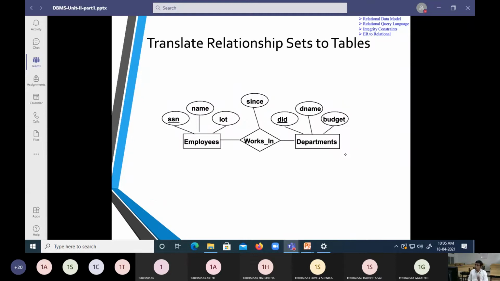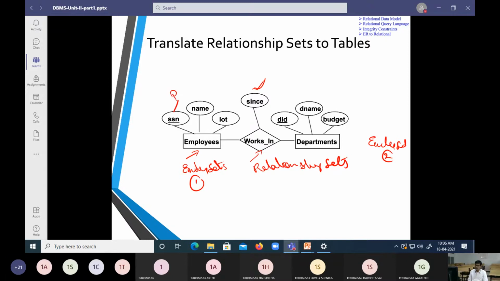Now, what does this second diagram state? In this, we are going to call these entity sets. This one we are going to call a relationship set, because it is going to be a part of a relation here. So this is entity set 1, entity set 2.